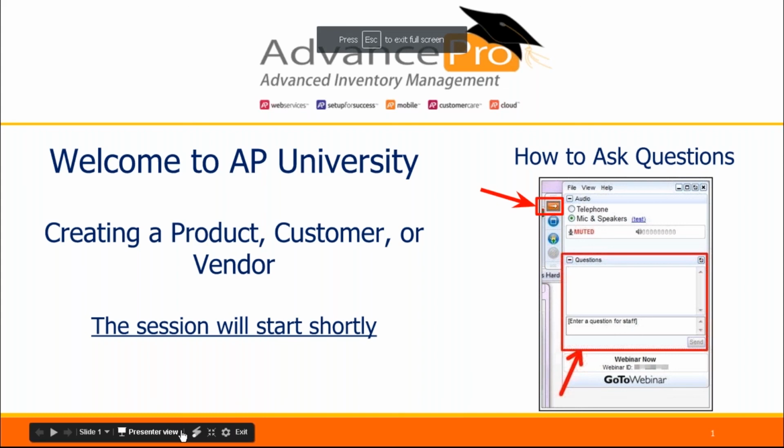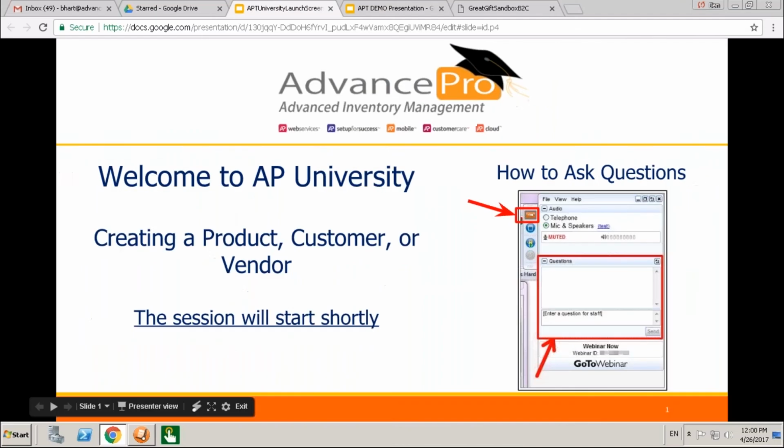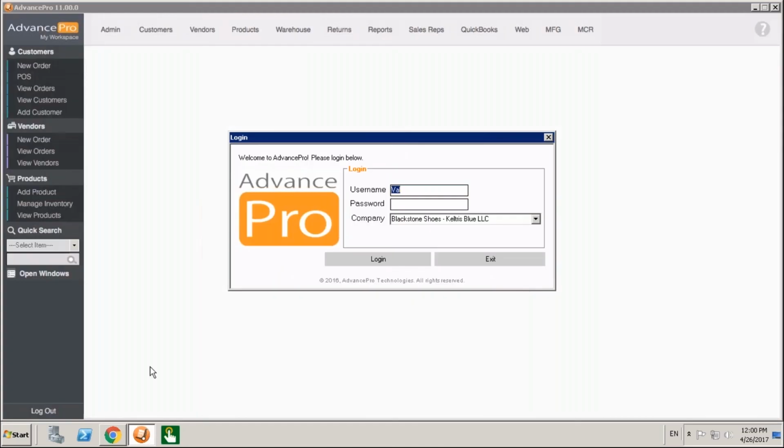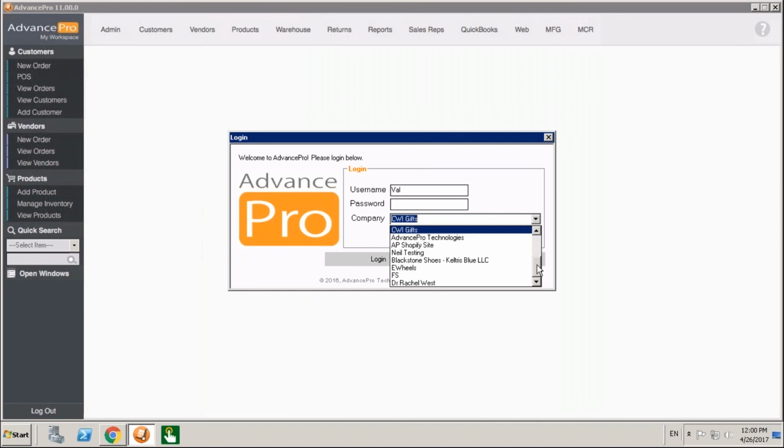Today, we're going to create one of each and show you how they connect to each other. All of these records can be created or updated from spreadsheets. For more information on that, go ahead and take a look at our previous videos in AdvanceProTech.com under the Resources tab. So we're going to go ahead and get logged into